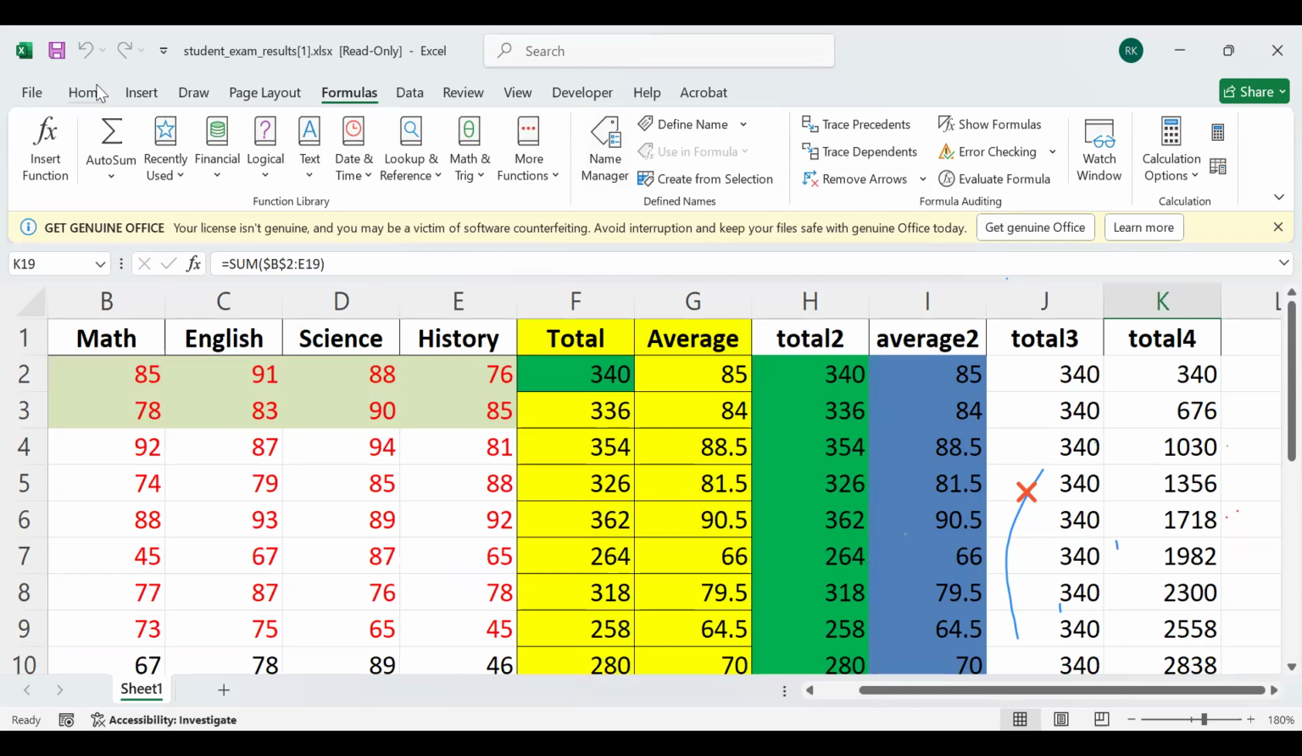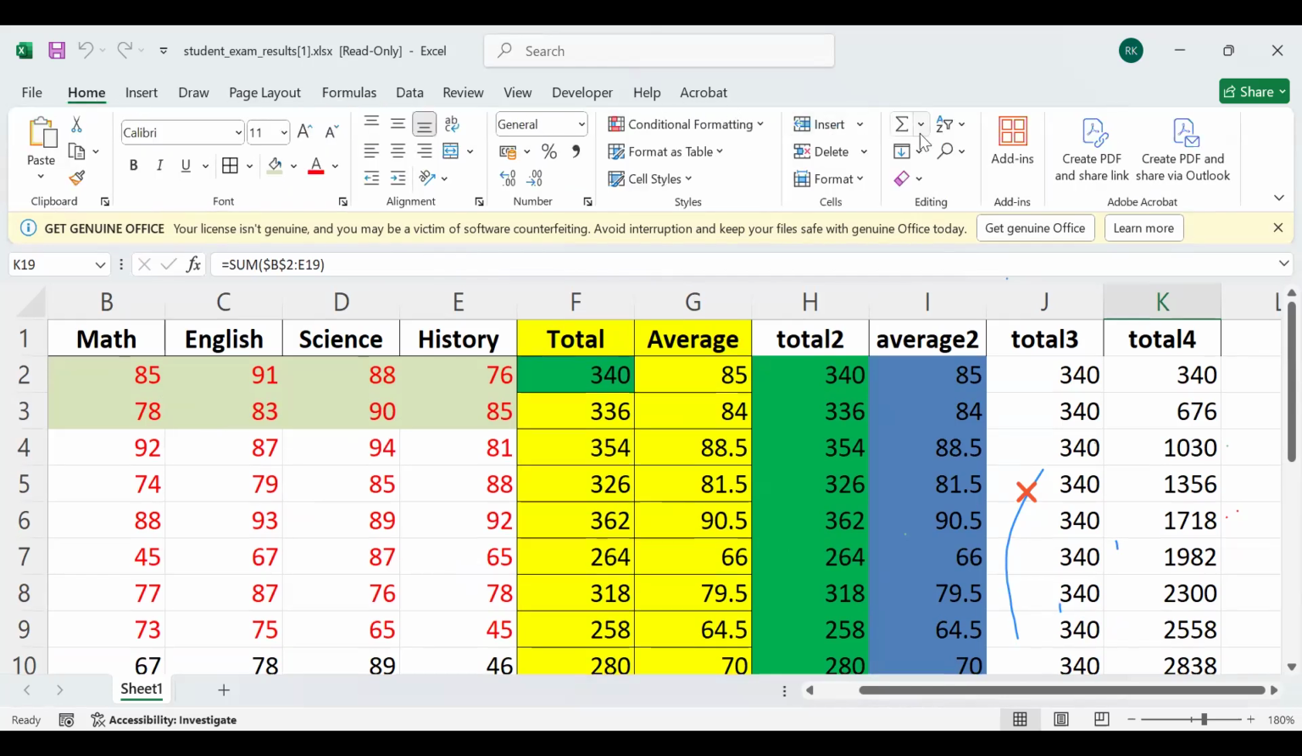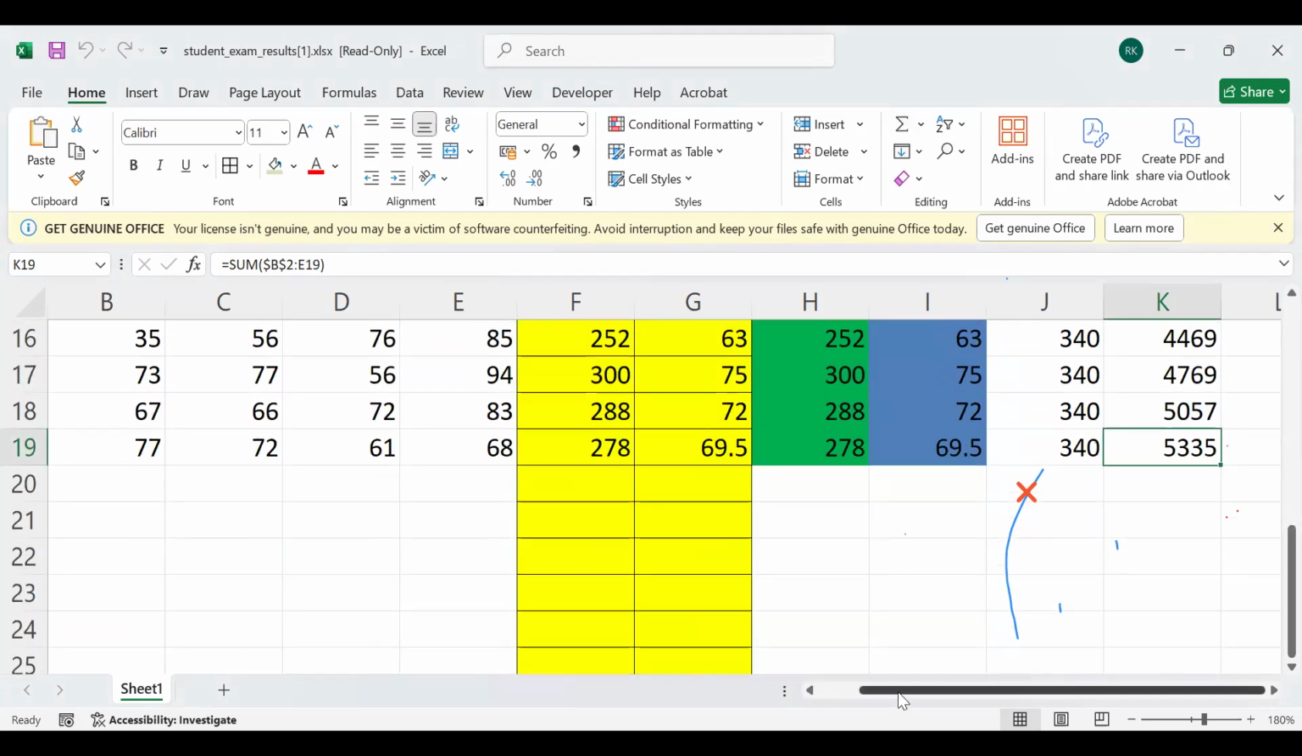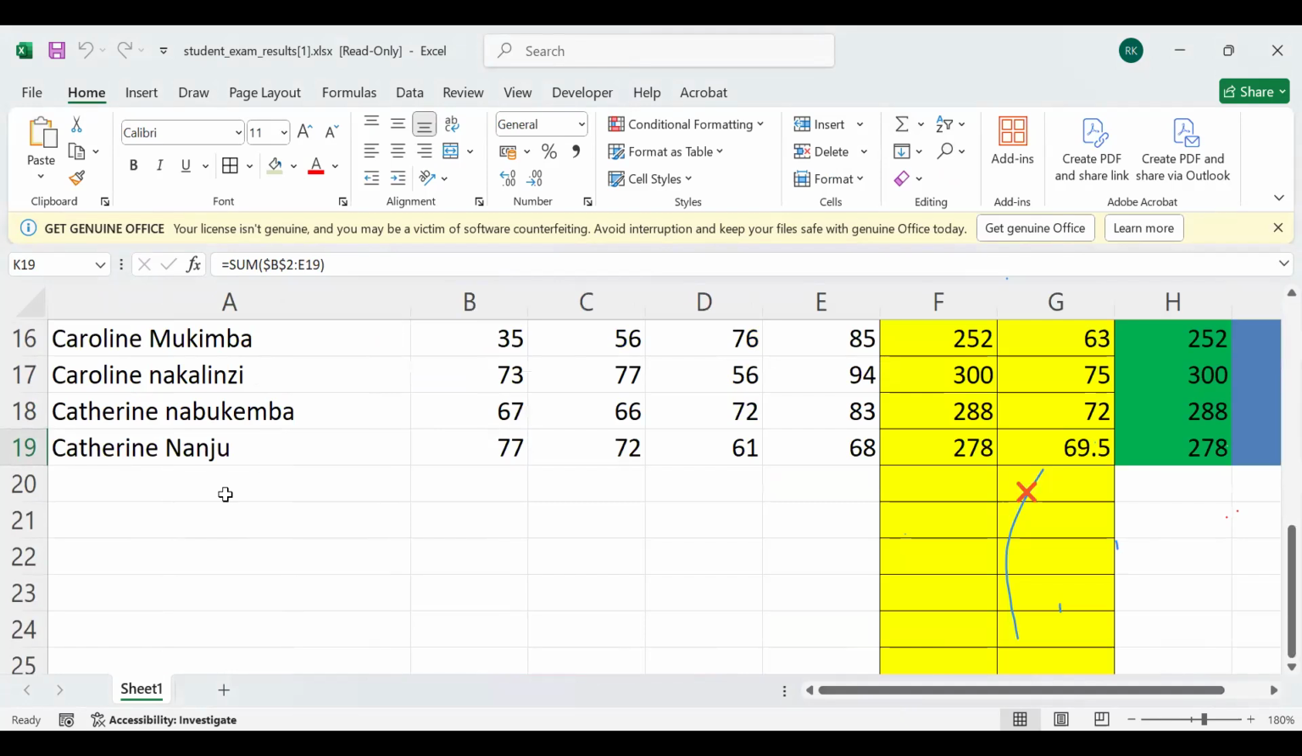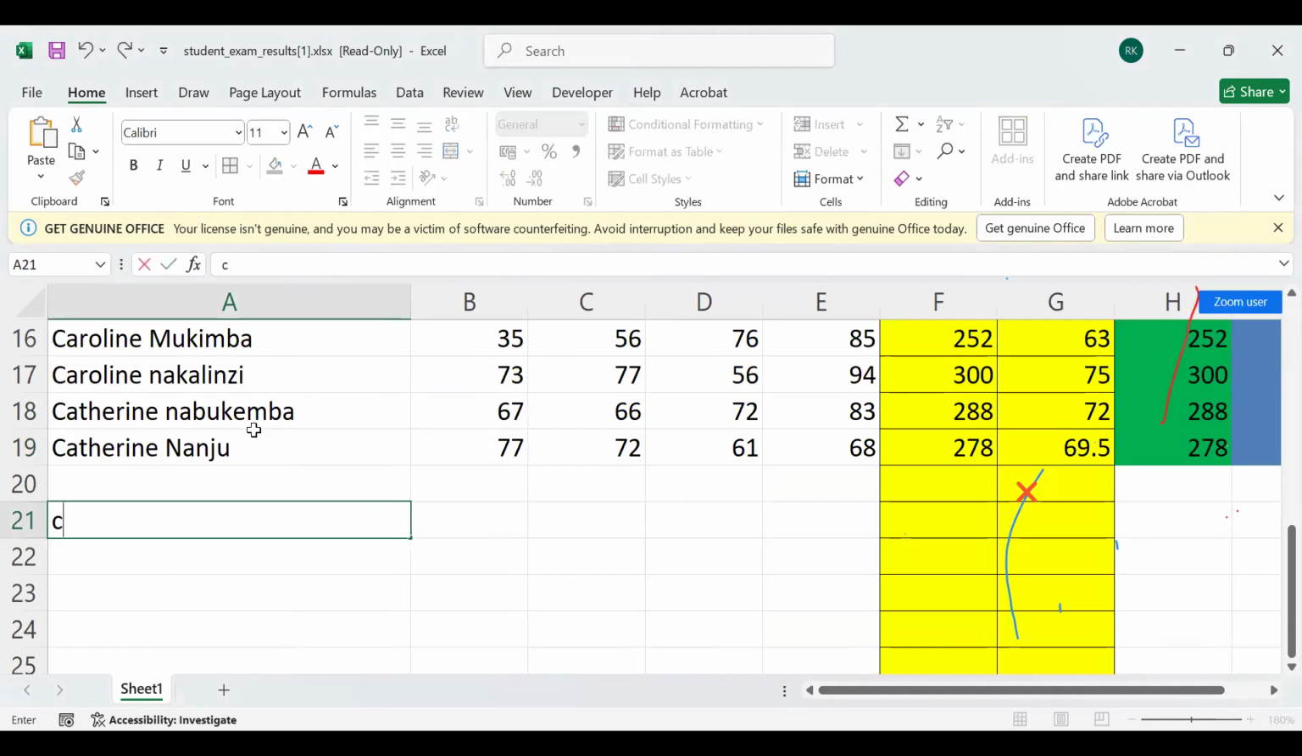Okay, let's look at some more functions. We have seen the sum, we have seen the average. Let's look at counting numbers, maximum and minimum. If I want to count how many students did a subject, I can count. Let me add a column here for count, number of students. So if I want to know how many students did this subject,